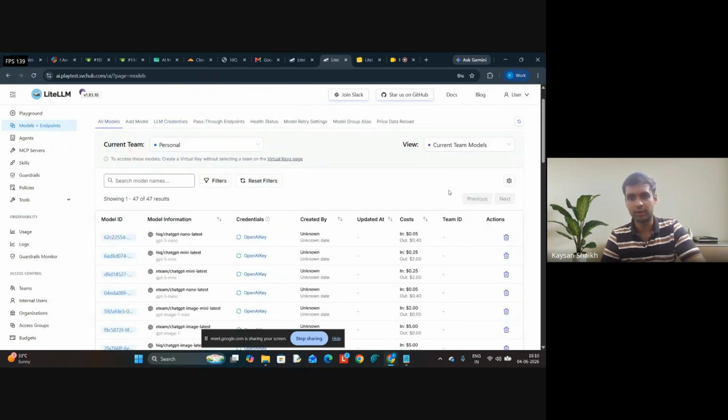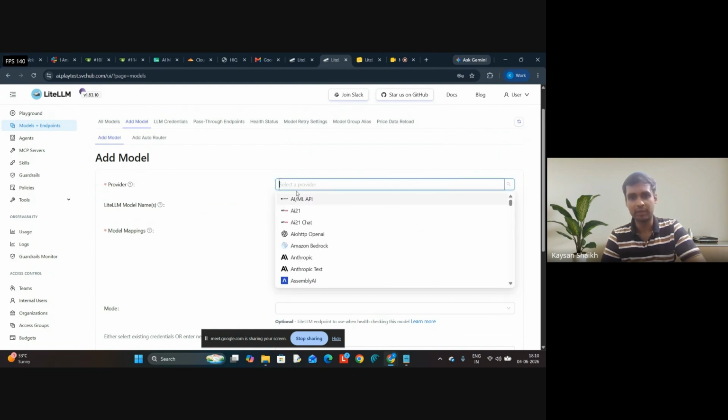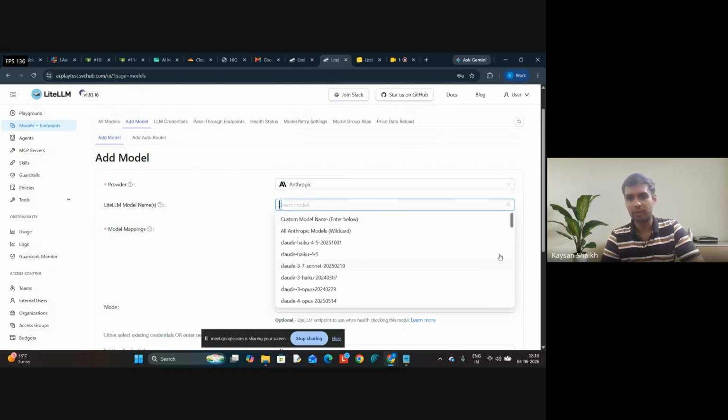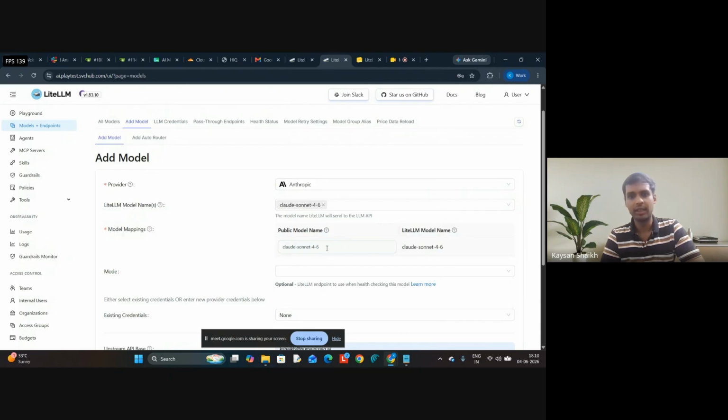I can add the models. For adding the models, what I want you to do is just go to add models, select a provider which you have added, suppose Anthropic. Choose the model. Anthropic will give you a lot of models. If I want to use Claude, I'm going to search for Claude. I can see Claude 4, 4.5, 4.6, 4.7, and all of those things. I will choose Claude Sonnet 4.6. Then instead of calling it Claude Sonnet 4.6, I will give a public model name, which should be a user-friendly name. So I will give it as Claude Sonnet